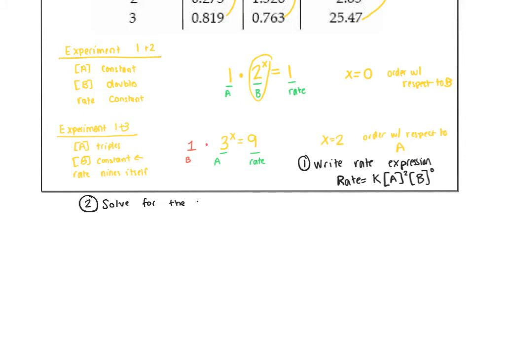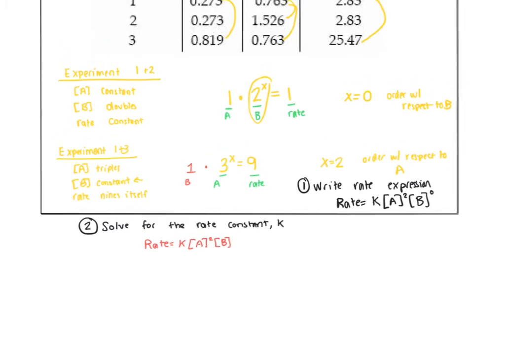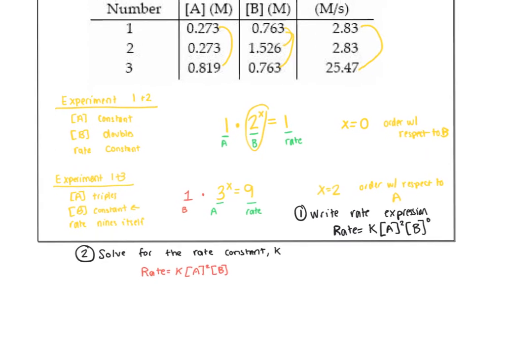for the rate constant. Okay. So all we do once we have our rate law, which we said was rate equals K times the concentration of A squared times the concentration of B, all we do is pick one line from the table. So I'm going to look up. I see that first line. That's what I'm going to choose. It doesn't matter which one you pick. In fact, if you pick the first one and your partner picks the second one, you should get the same answer. So my rate was